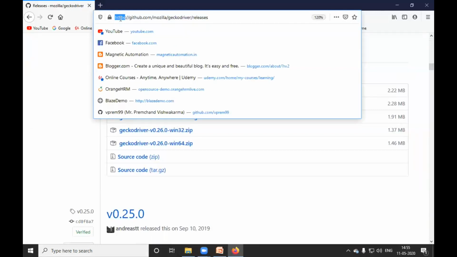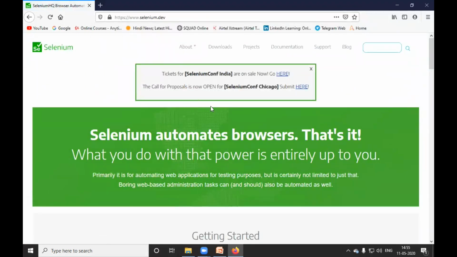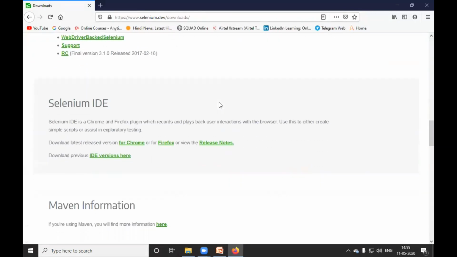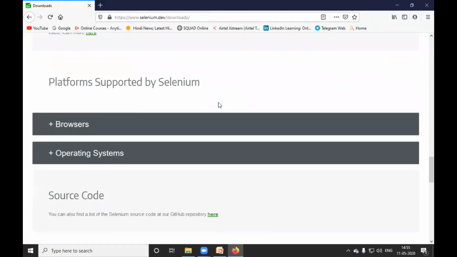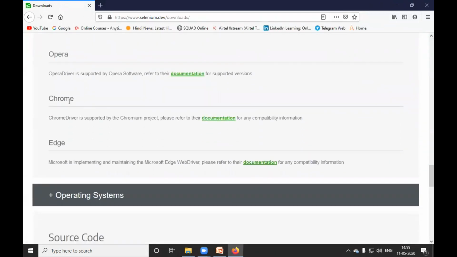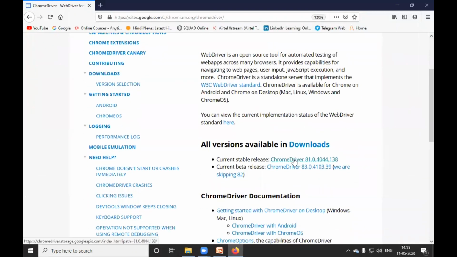Now again I will move to Selenium dev, and this time I am interested in Chrome driver. I will go again to the browser section, and here I will click on Chrome documentation. See, the latest version is 81.0 something.